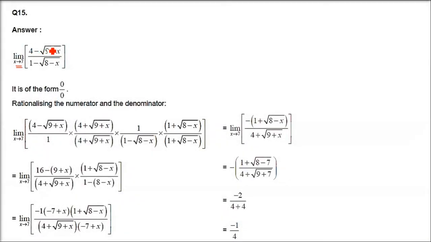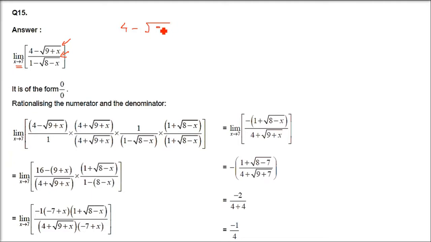What do we do here? Here we have another trick we have to use. Actually, these questions number 14 and 15 are the main questions of this whole exercise. So here, what do we do? We have the same thing with a numerator and denominator. How to get it? That is, we have to rationalize it. But if we rationalize the numerator, what about the denominator? If we rationalize the denominator, what about the numerator?